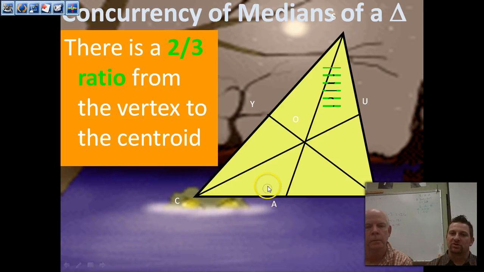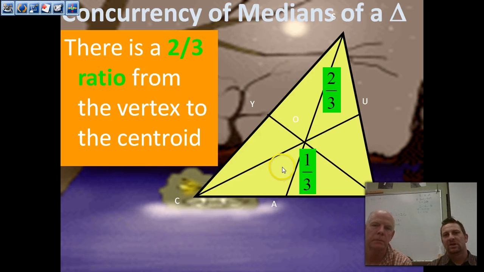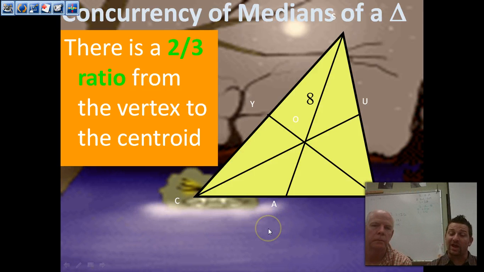Here's another representation. The longer piece is going to be 2/3 of S to A, and the bottom piece from O to A is 1/3. So the whole piece is from S to A, and the top piece is 2/3 of the entire segment, and the bottom piece is the other third. All right, so if that's 8, remember